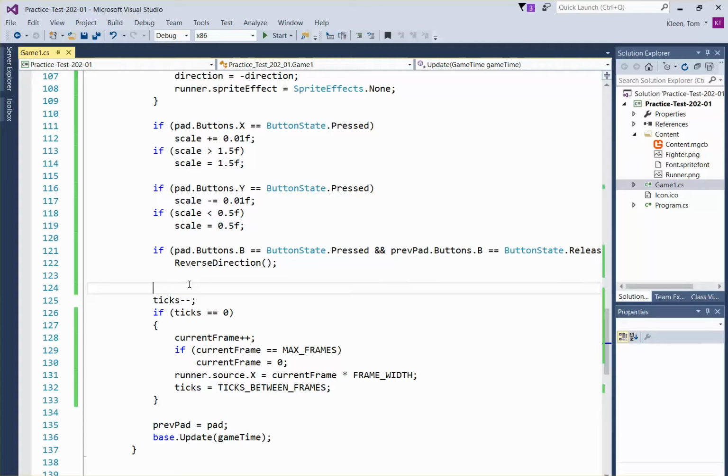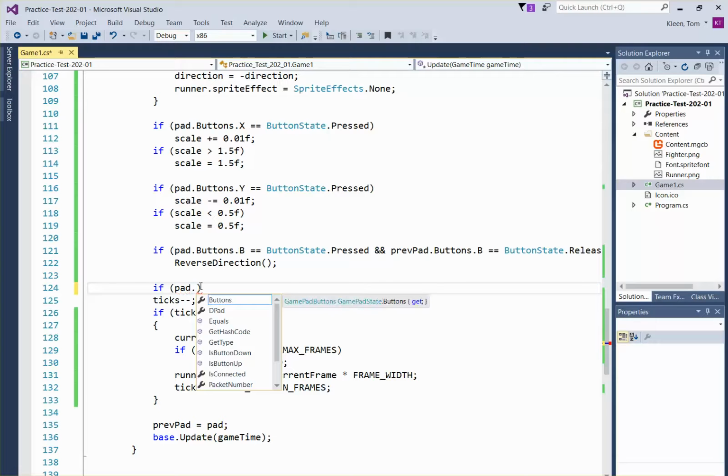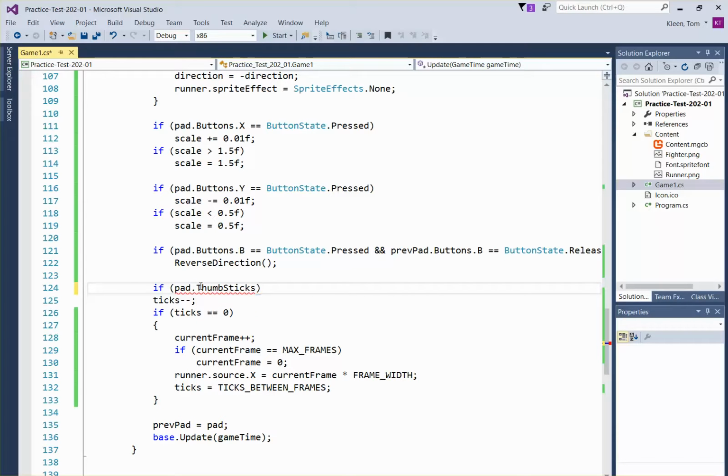Now speed up and slow down. When they press the Y, I'm going to speed it up. And we only care about the current state. So Y will be increased if the left thumbstick is up. So if pad.thumbsticks.left.y is greater than 0, it means we pushed it up, and that means we want to call SpeedUp,